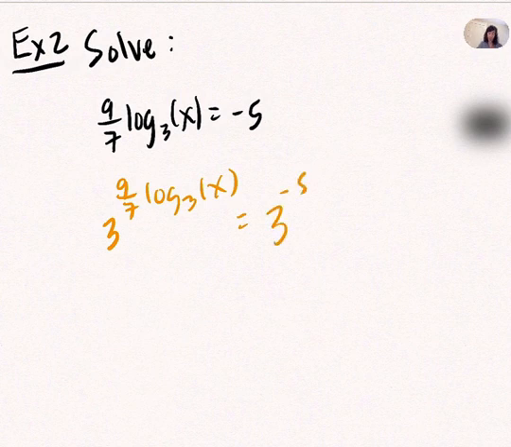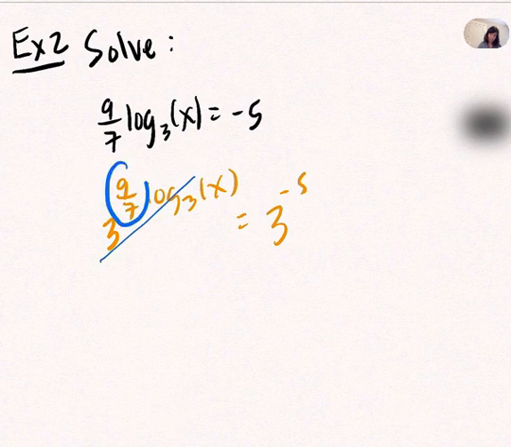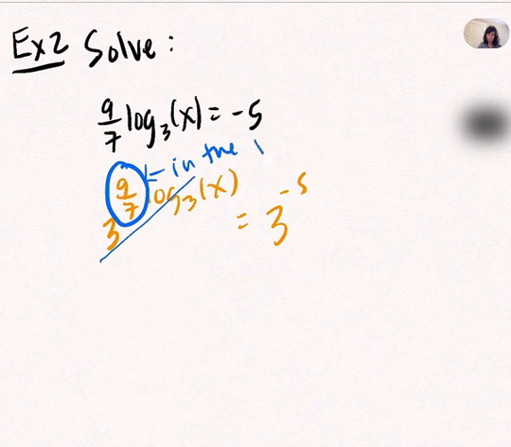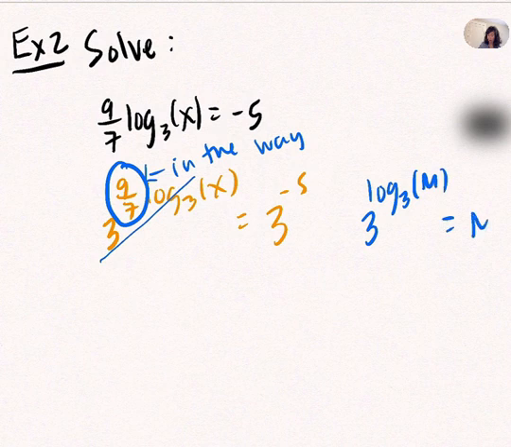And here's why. We will not get this stuff to cancel away. So if we try to cancel here, it doesn't actually cancel because of this 9 over 7 that's in the way. We do have that 3 to the log base 3 of something is equal to that something, but we're not allowed to have something like that in front of the log. So instead of immediately putting 3 as the base of both sides of this,